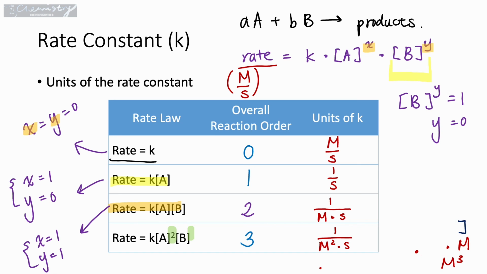So again, when we are looking at our problems, don't try to memorize this chart. Try to derive the units that are appropriate for the rate constant yourself, because we know that in an equation, the left side and right side have to be identical in numbers and also in